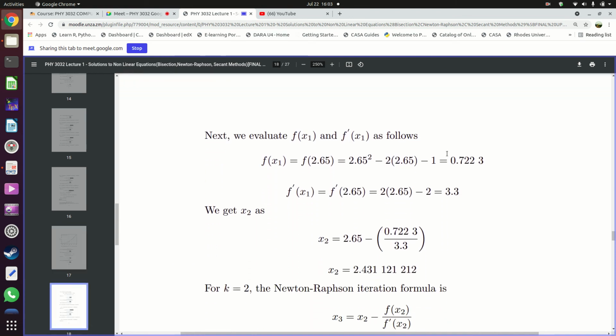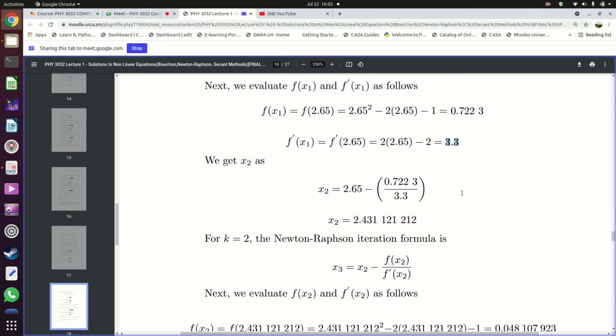So x2 is equal to 2.65 minus this bit divided by that bit. We work out this thing first. When you do that, you end up with